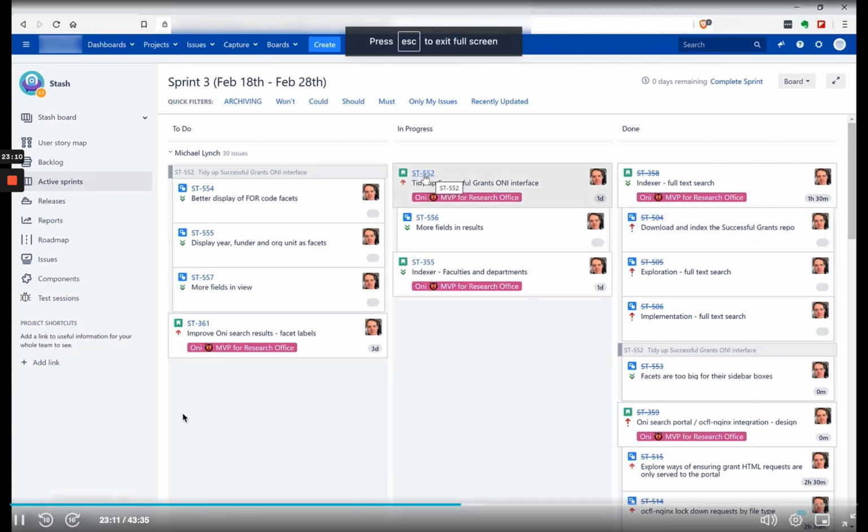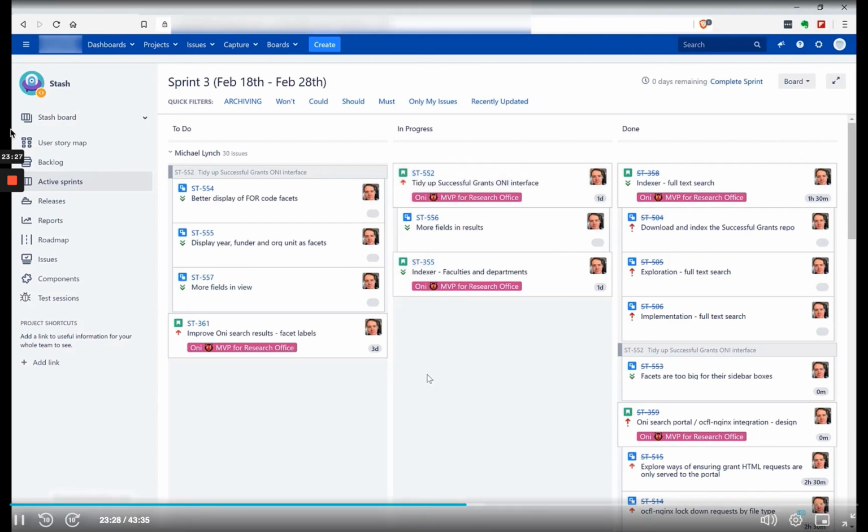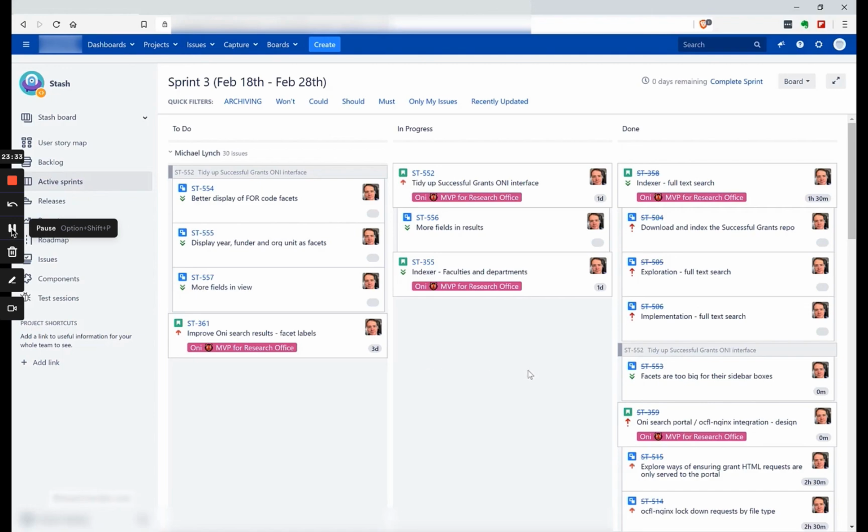This thing here is just the unique ID that JIRA gives to the user story. So ST is an abbreviation for this project. ST is short for Stash, which is the name of the project. And then 552 is the unique ID of this user story. So it's user story ST-552 or 552, whatever you want to call it. All right. And then here,